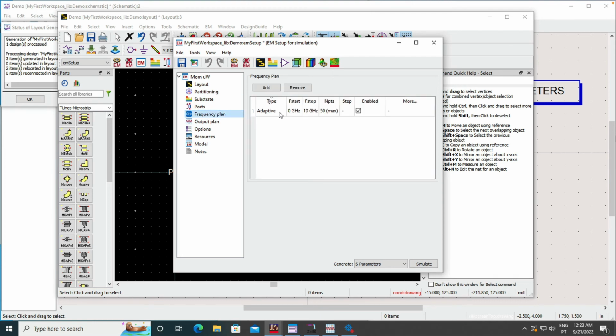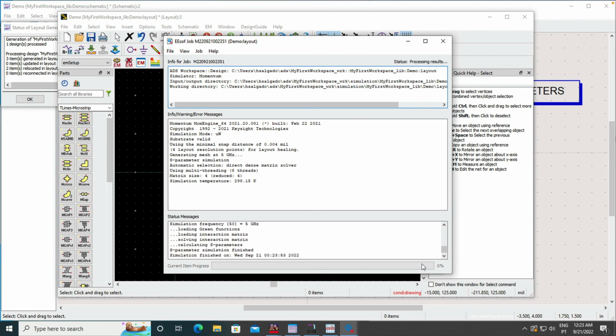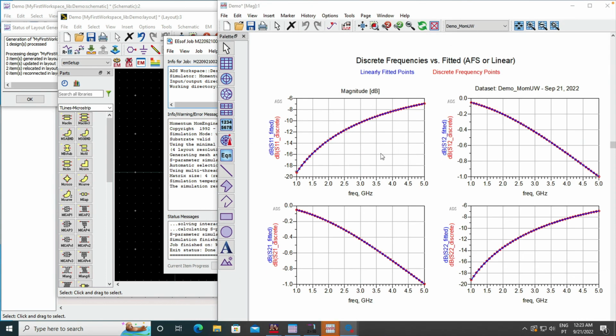I'm going to select the frequency plan. I'm going to provide a linear range from 1 to 5 gigahertz, 50 points as well. And now everything is ready. I have the substrate, I have placed the ports. I can now just do a simulation. It is doing the simulation, and the result is here. So here I have S11, okay,